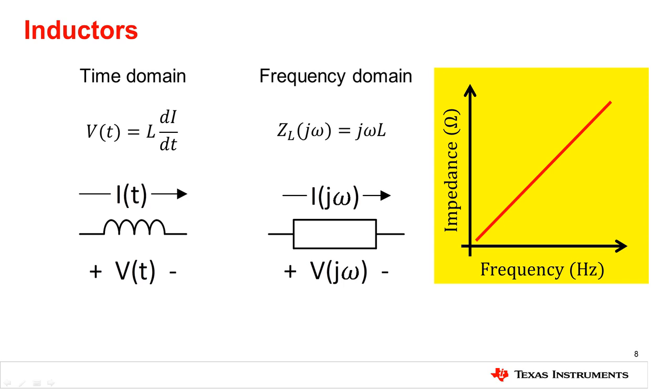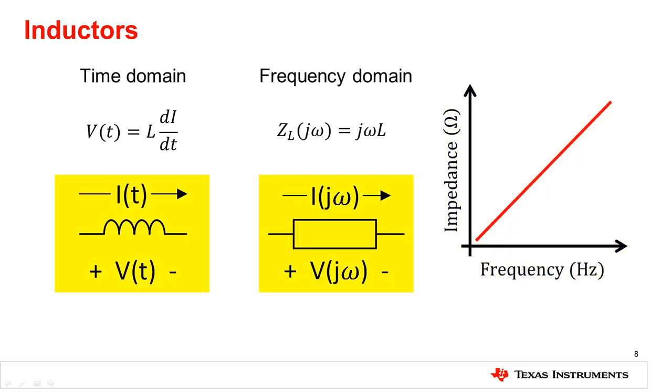As with the capacitor, the behavior of the inductor can be approximated at low and high frequencies. At DC or low frequencies, the impedance of the inductor is also low, such that it can be treated as a short circuit. For very high frequencies, the impedance of the inductor rises, such that it can be treated as an open circuit. The voltage drop across the inductor corresponds to the direction of the current flow through the component.